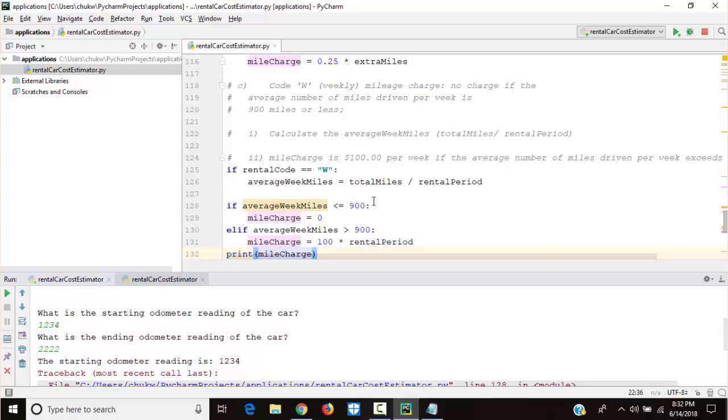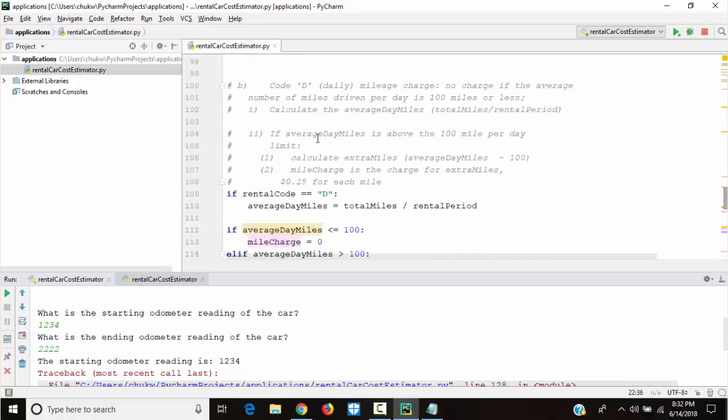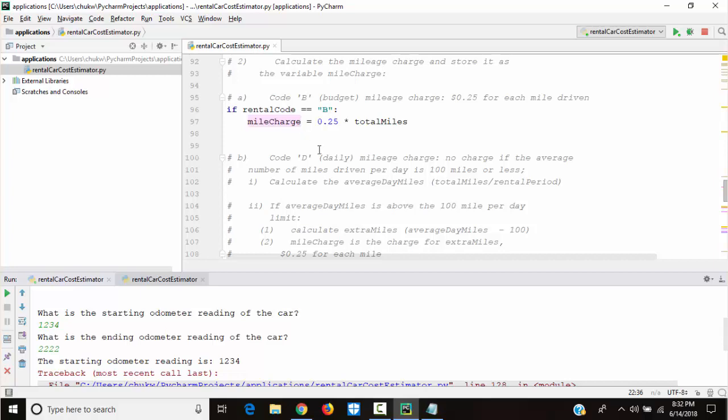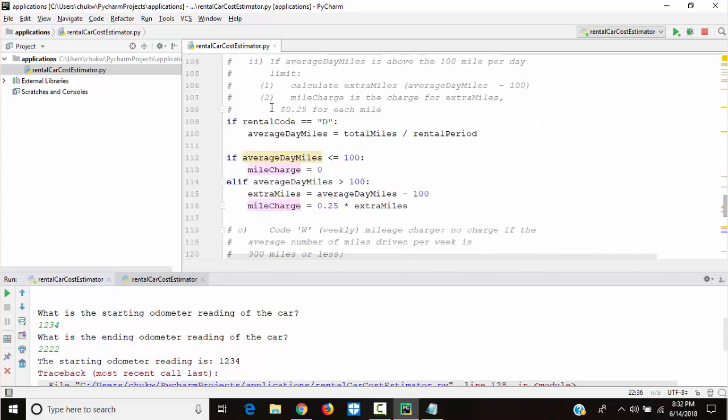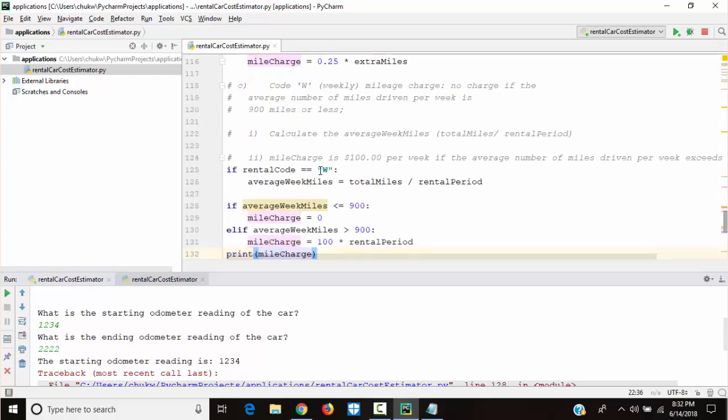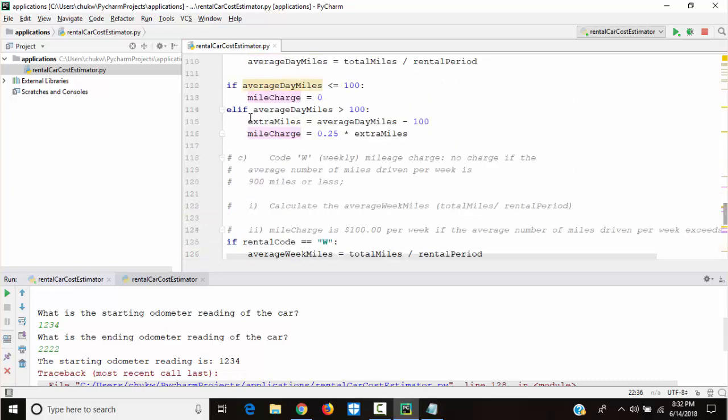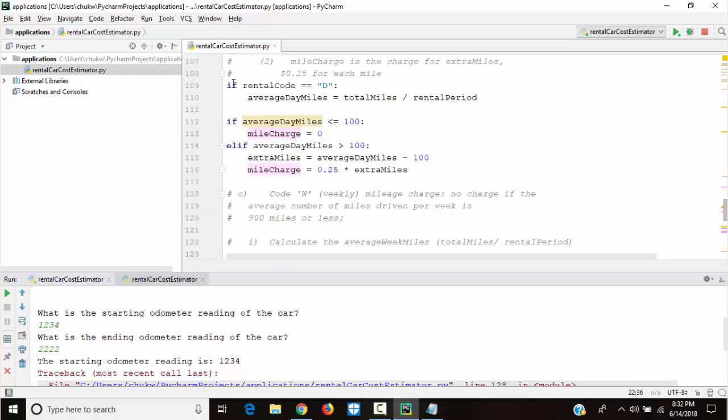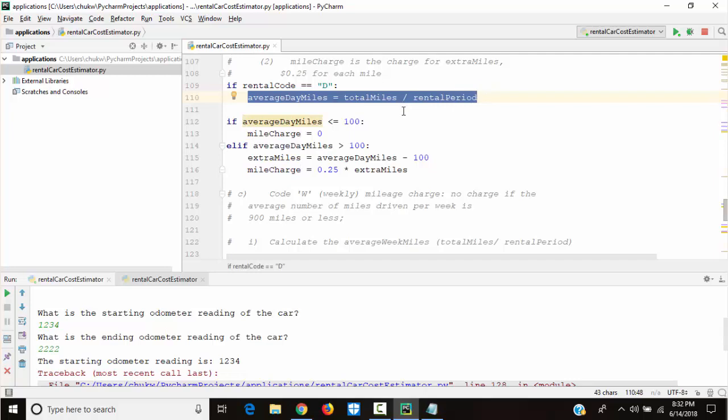Average week miles is not defined. You look here and think about it: why didn't this say average day miles is not defined? Because this is the same thing I did for average. If rental code is equal D, average day miles is this. So why didn't it say that?